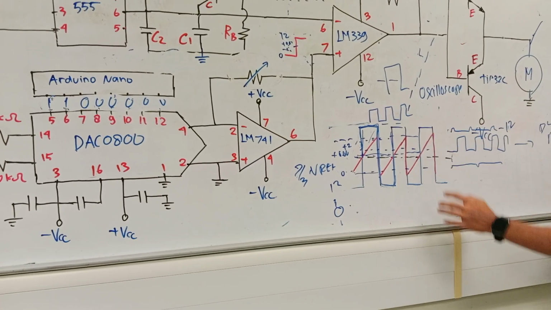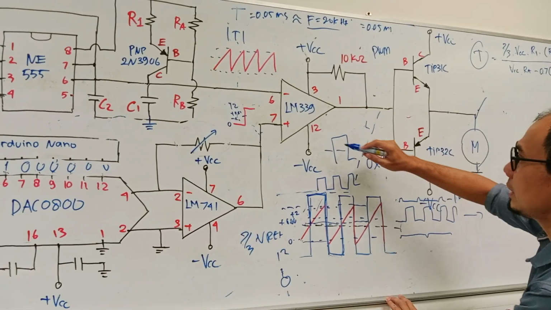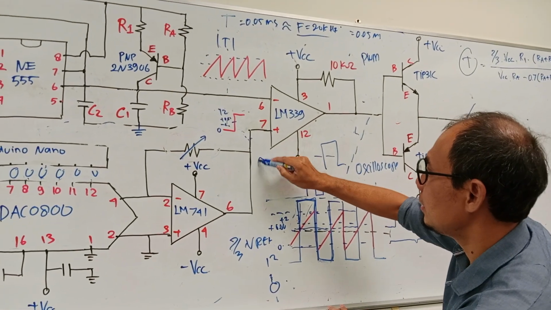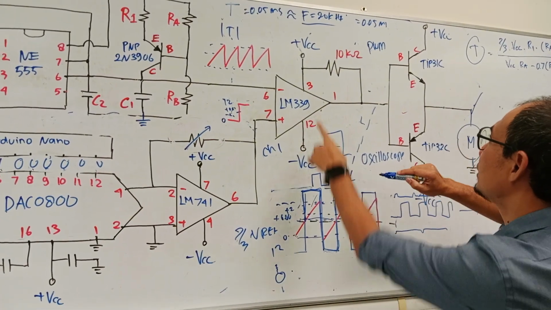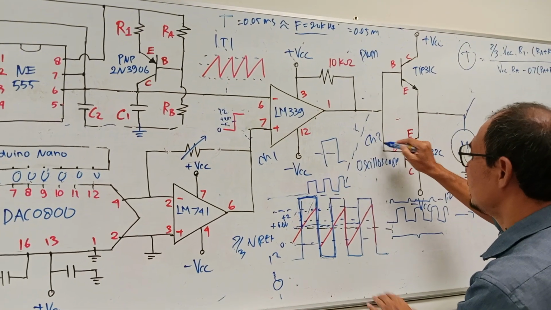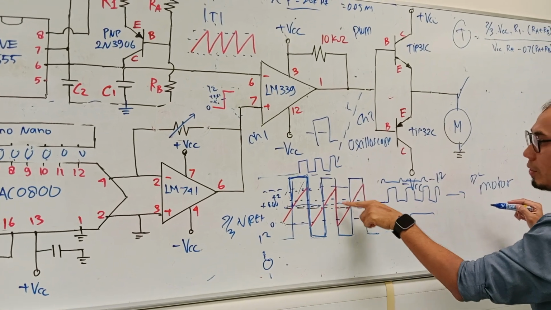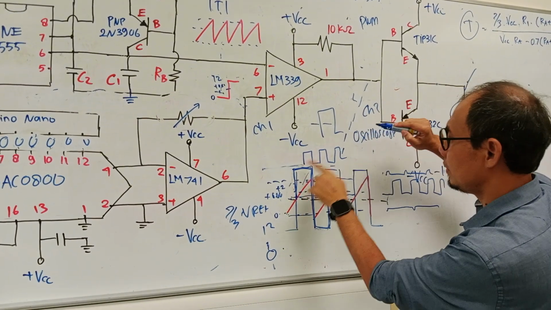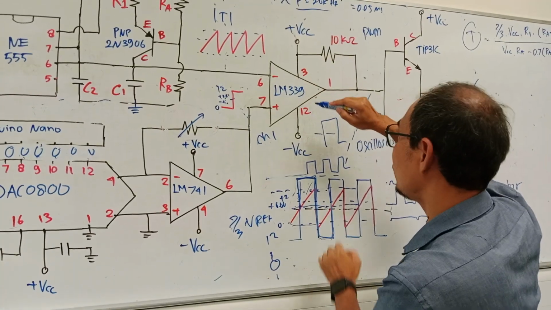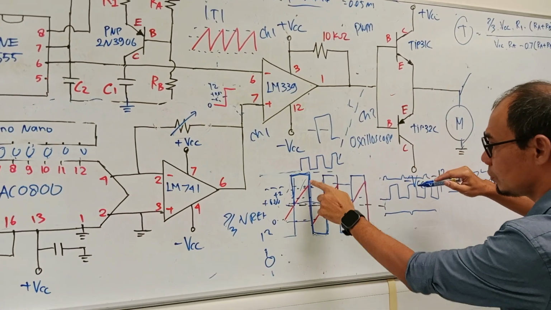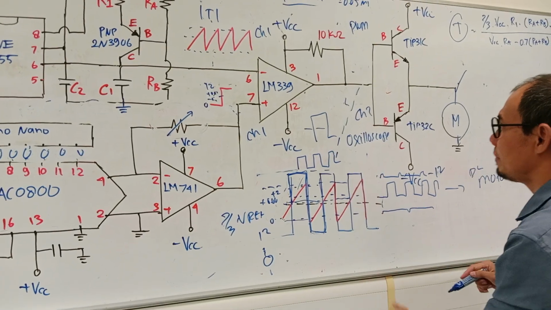You can see here by combining channel 1 of the oscilloscope, because we have a 2 channel oscilloscope. Channel 1 from here, and also channel 2 coming from here. Then you can see this one, the black one, grabs line, also the red one, the PWM. But if you would like to see the sawtooth, you can move to channel 1 here, and channel 2 you will see the sawtooth plus the PWM signal.